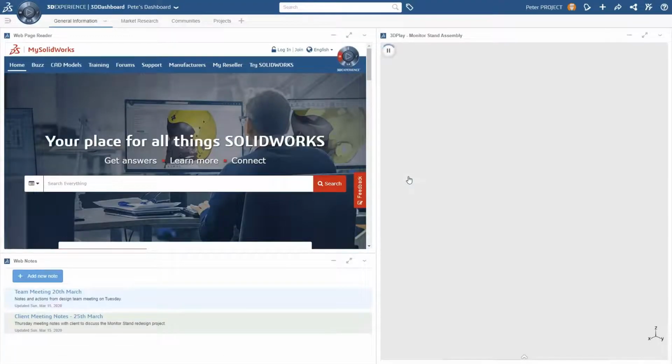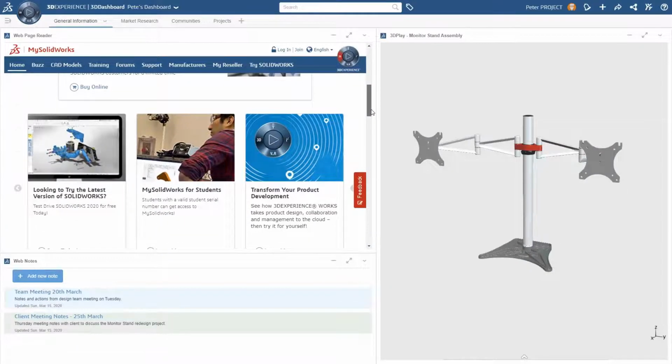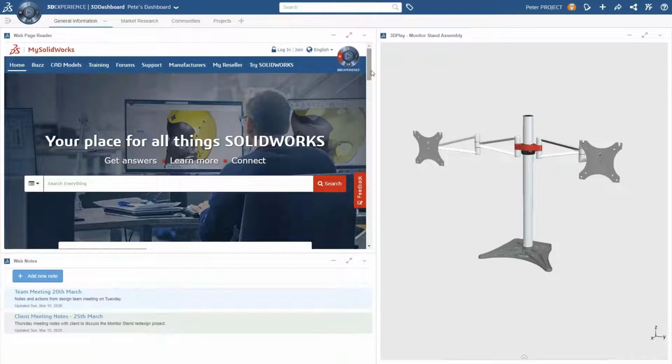This takes Pete straight to his dashboard. The dashboard allows Pete to monitor what is most important to him so he can get his job done. The dashboard provides Pete with some powerful productivity tools that help him keep track of the design project information, or in fact any information he chooses to display relevant to his day-to-day work. For example, the websites that he might access on a daily basis, capturing meeting notes and viewing designs.